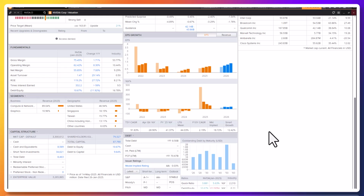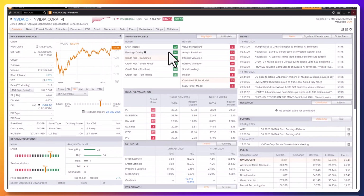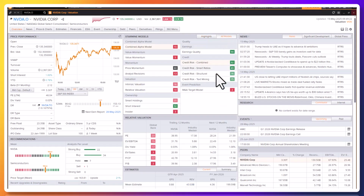So despite this 50% rebound rally we've had, the current stock price, if you reverse engineer it, is telling you that the market's implying about 18% growth over the next couple of years in terms of earnings in the stock as well. So you can see there's still quite favorable, above average growth there, so still a very good position there. But all in all, earnings quality good, valuation momentum